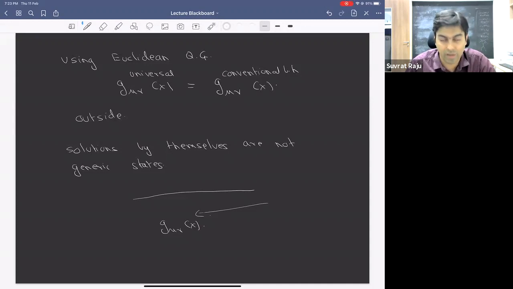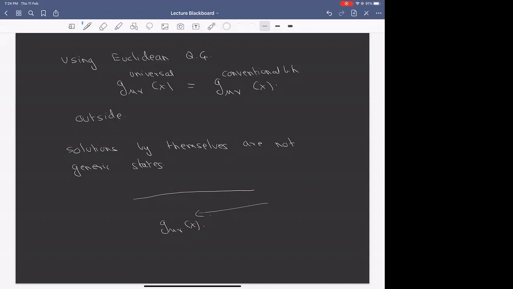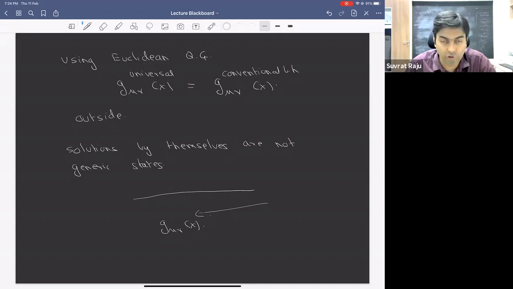To find a generic state, you would have to take a superposition of these geometries. If you were to take a superposition of these geometries, it might still be the case. In some examples where we worked it out, it somehow all works out because the superposition causes cancellations and gives you the e to the minus S by 2 just correctly. And then we can ask more refined questions about whether these kinds of solutions can form a basis or not. But actually, all I want to say at this point is that this, let me weaken it, by themselves are not yet,